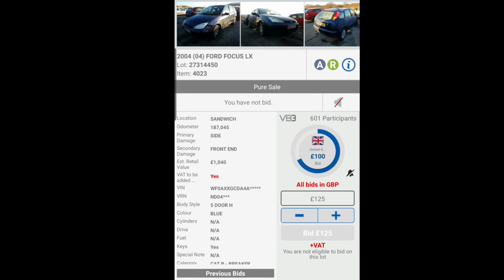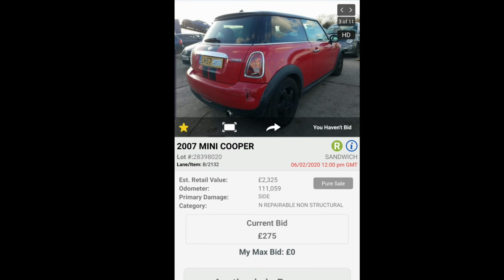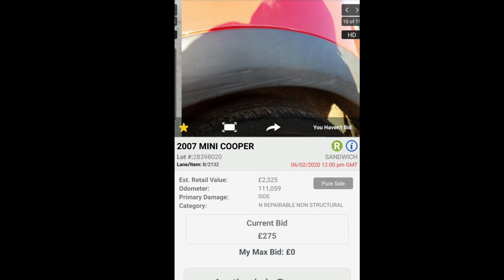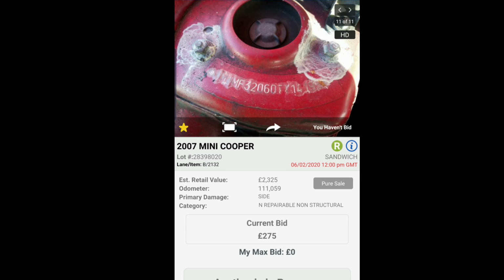I just thought, for what it was, by the time you've got it fixed, and obviously bearing in mind it's a category N, we've already done a Corsa as well. So this one's a 2007, 111,000 miles, got rear bumper damage there, as you can see. I really do like this car. The colour, it's got a scuff on the arch trim,